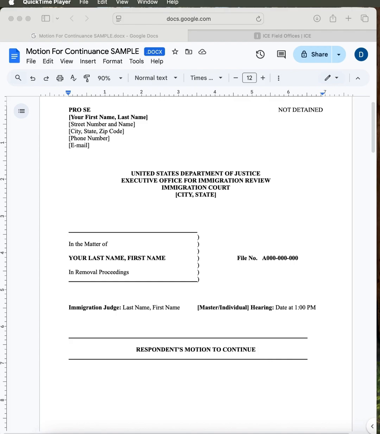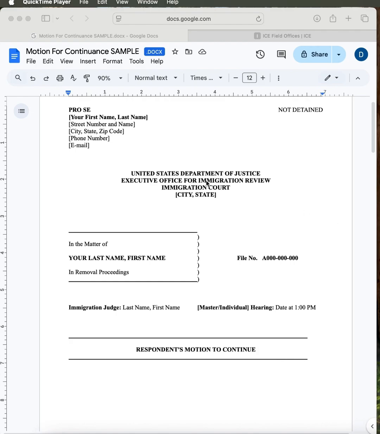Now, let's walk through the sample motion you're seeing on the screen. On the top left corner, include your name, A number, address, which should match what's on record with the EOIR, phone number, and email. Next, make sure the court name and location is correct.